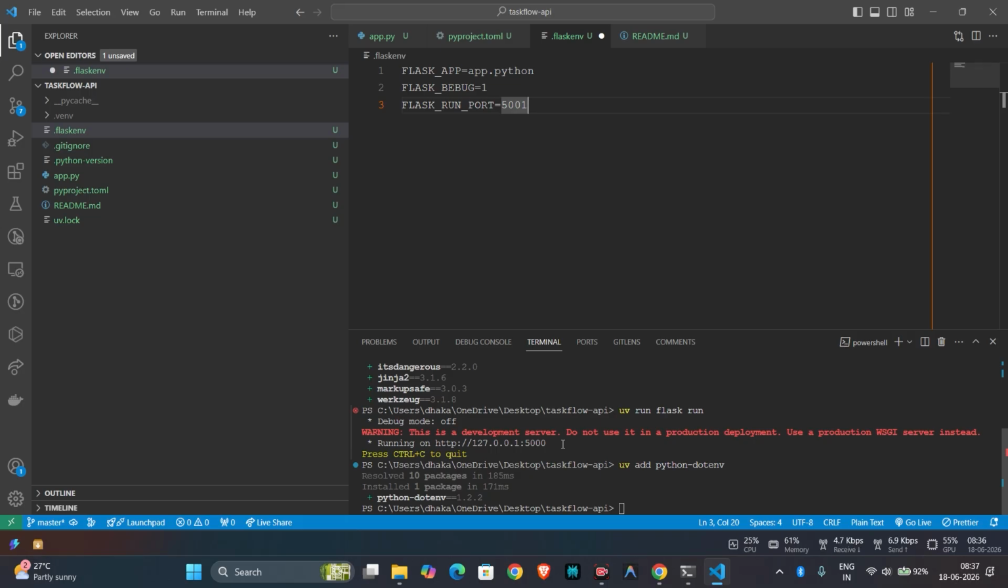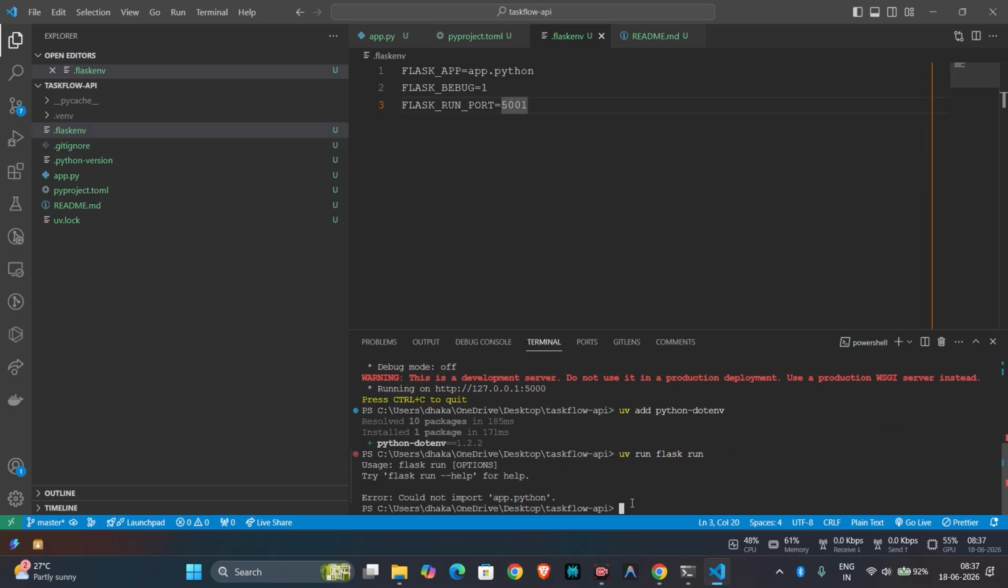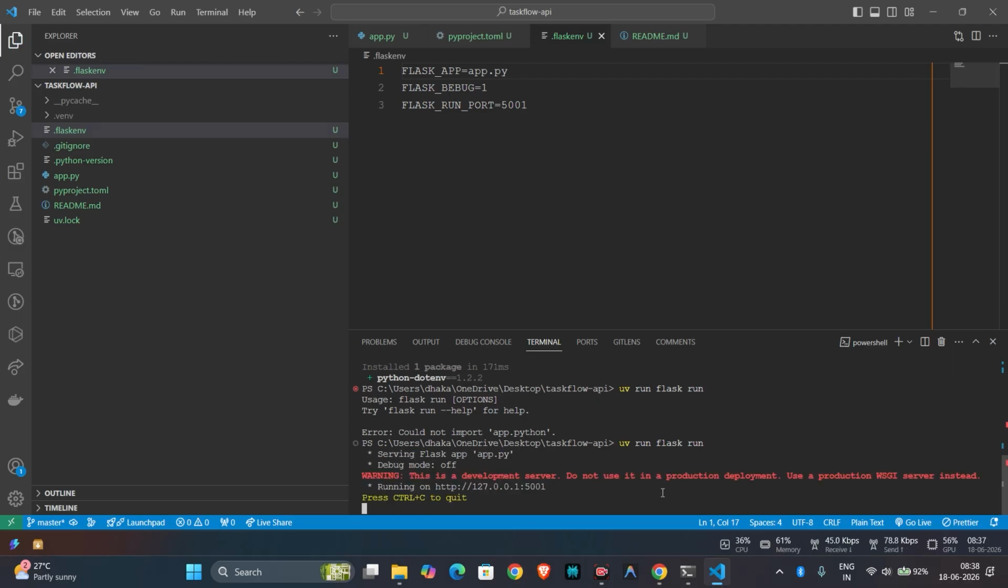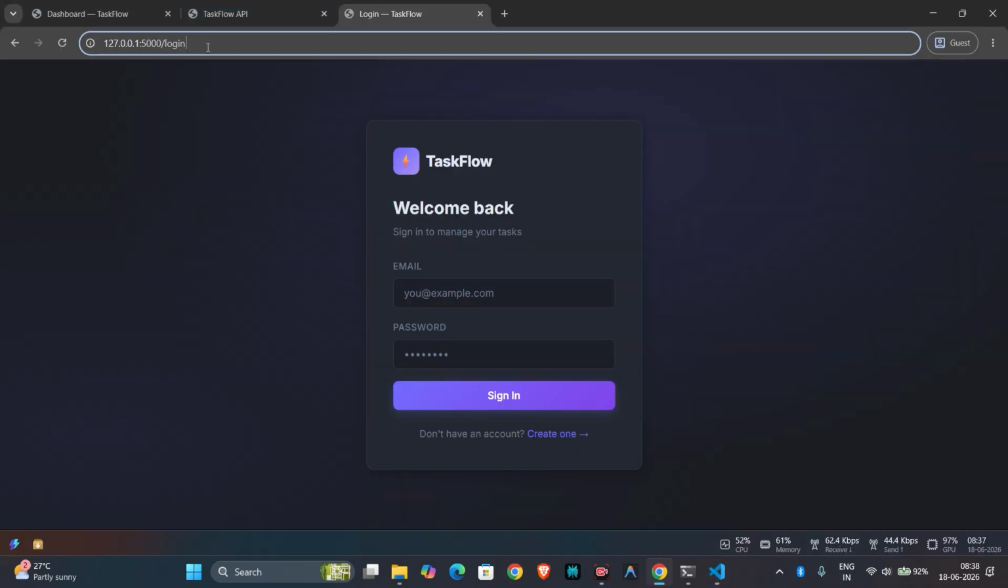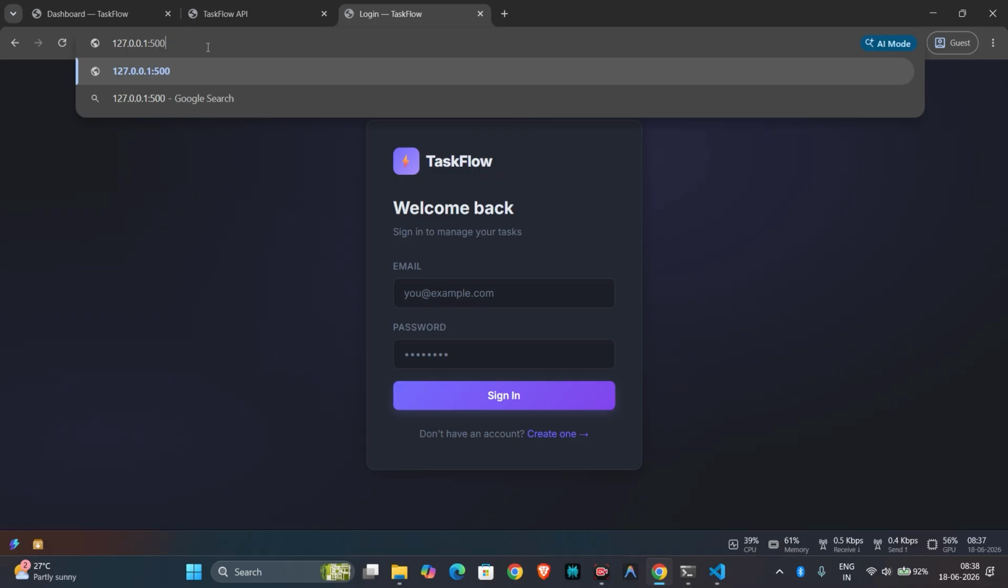But I will show you this: you can create an environment file, and if I save this one and run again, we will see what it shows. Okay, sorry, it's app.py. So it is showing 5001 now. Okay, so if I run this one, you can see hello class. So this is our first API. You can see when we open localhost 5001, you will see